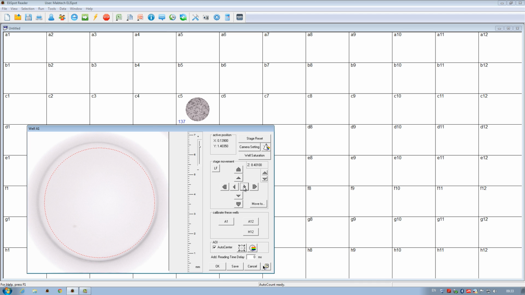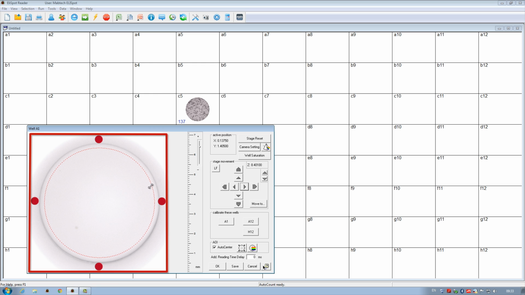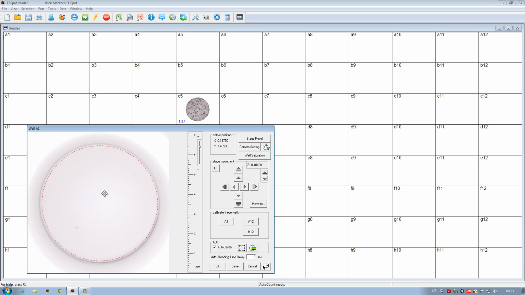To make it easier for the reader, it is good if each well is adjusted to the center of the stage calibration window before the AOI is finally put smack into place. This makes it easier for the reader to find the inner area during reading based on the auto center function. For final adjustments, the size and position of the AOI can be changed. However, this should only be done for fine-tuning, as seen in the video. We continue the stage calibration by putting the AOI smack into place for both A12 and H12. No rocket science here, just remember that the buttons move the plate holder or stage and not the camera itself.